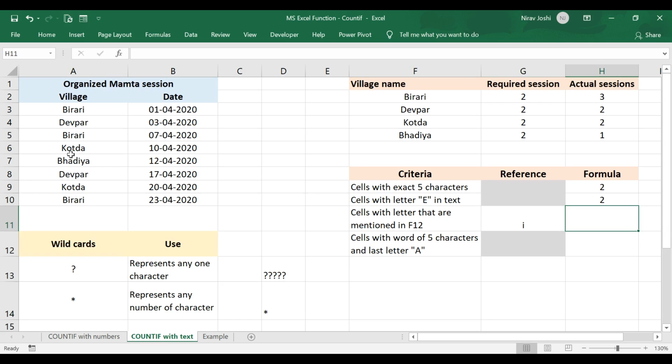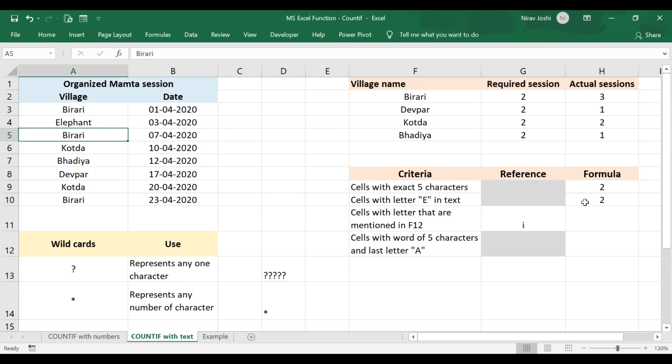Now if we replace this word with the word fade, it will still count the word because we have applied the asterisk both before and after E. And it will also work when there are multiple E's, like elephant.